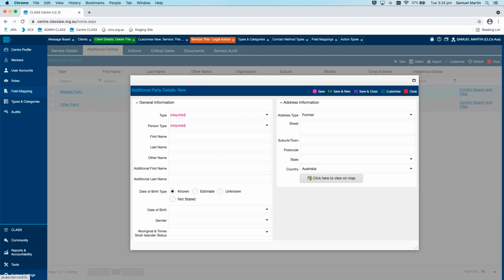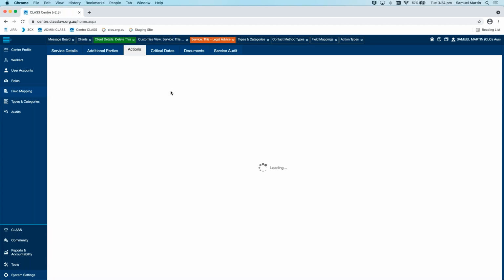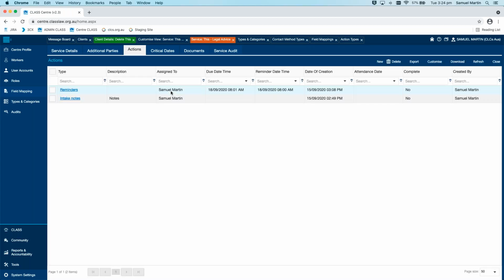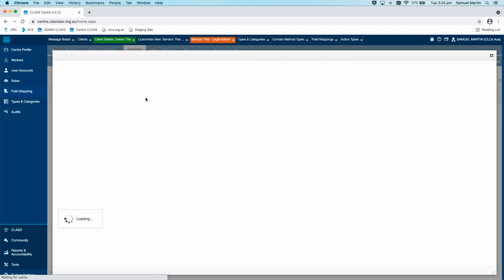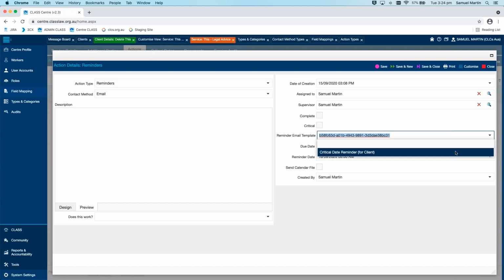What else? The actions. We're talking about actions, aren't we? Okay. Are there any templates other than the critical dates? Ray, have you come off mute yet? The templates. Reminder email template. That's good at coding there, doesn't it? Critical date reminder. Okay. I know what your question is. I don't believe there are any other standard